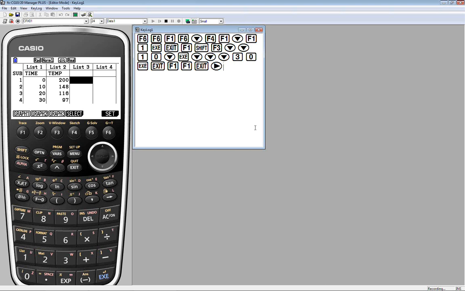Thanks. All right, so what we're going to do here is to put a formula in a list. Most important technique when doing that is make sure that you use the up arrow on the cursor wheel so that you're on the name list 3, not on the label area and not where the first value goes, all the way up top on list 3. And I would like to define list 3 as the values of list 2 subtract 72.